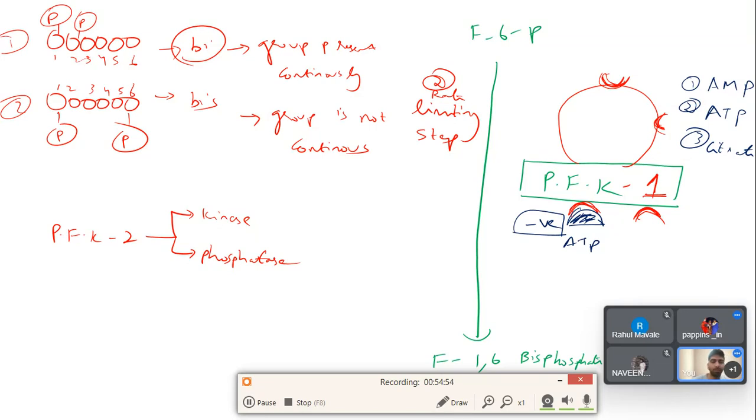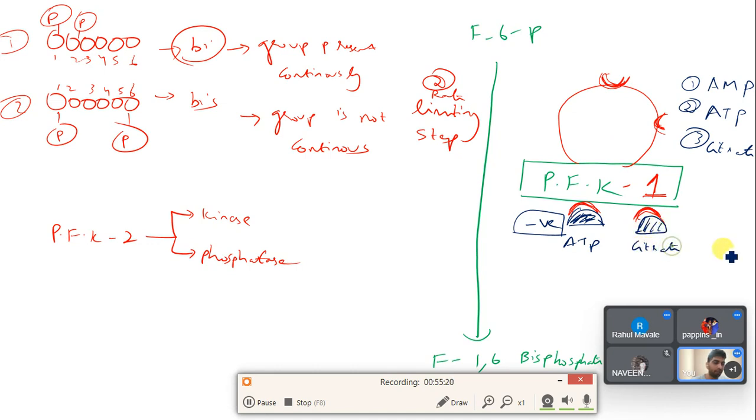Citrate comes up in which cycle? TCA. Okay. So when citrate comes up, basically, when a lot of glucose was converted into pyruvate, and this pyruvate went to TCA, there comes the citrate. So when there is a lot of citrate, it again goes and binds to this PFK1 and